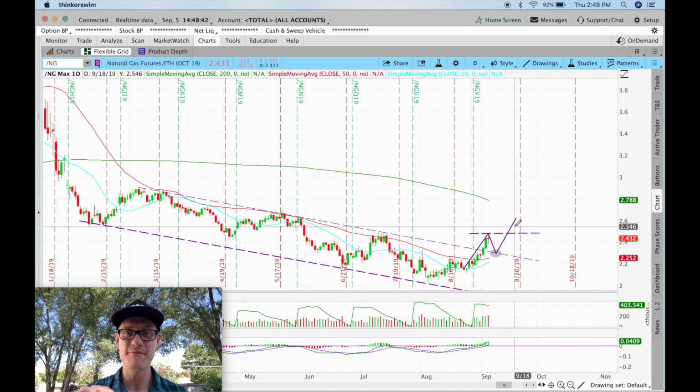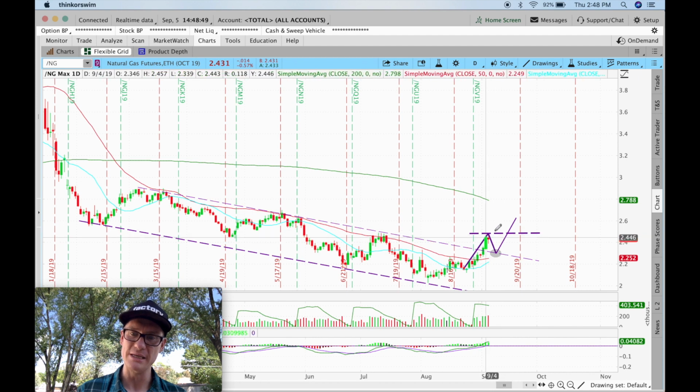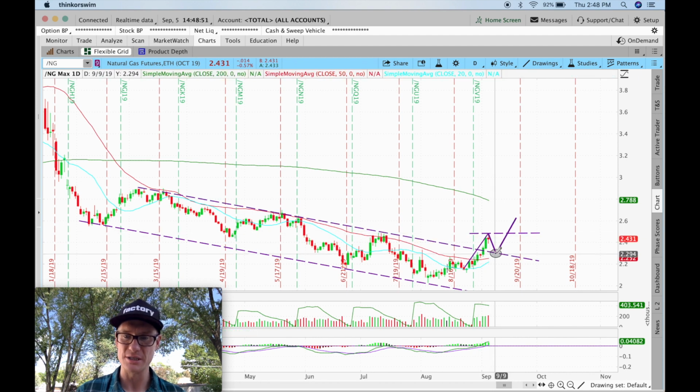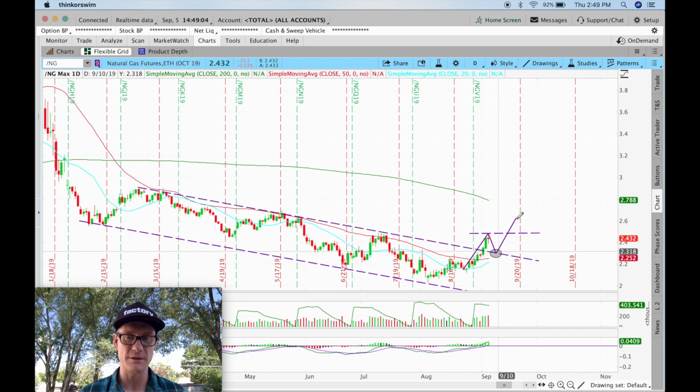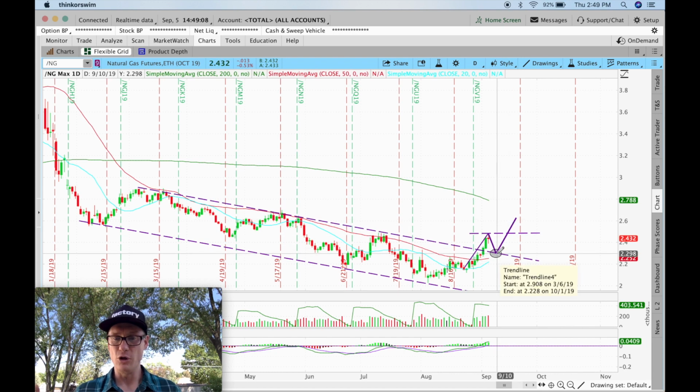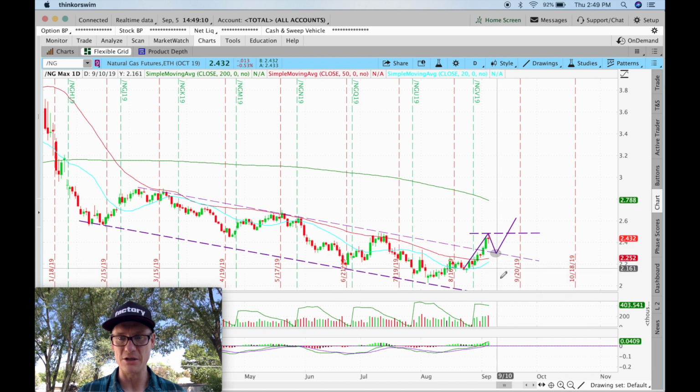We need confirmation. Confirmation being a higher low and then a break above this most recent higher high to give us our second follow through higher high. So our buying opportunity would happen in here. Now, if you want to take on a little more risk, but maybe have some more reward, you could be looking to take it long here and just sort of hope that you get the higher high. No one knows. This could break back down into the channel and keep bouncing back and forth.